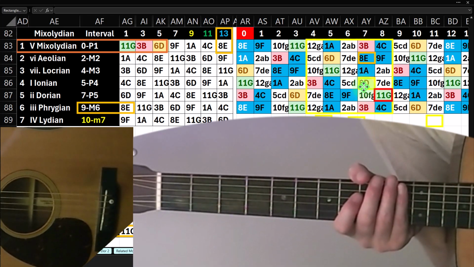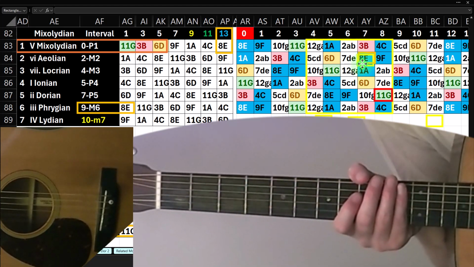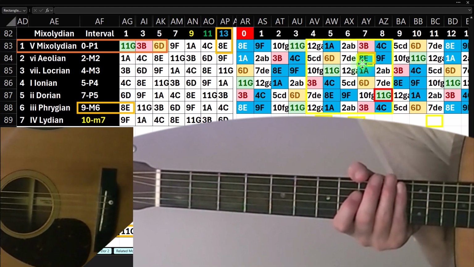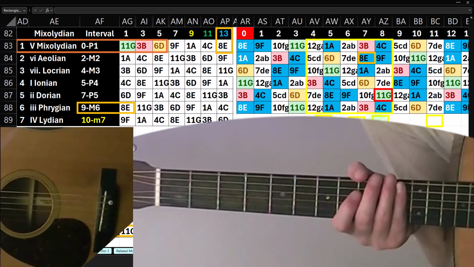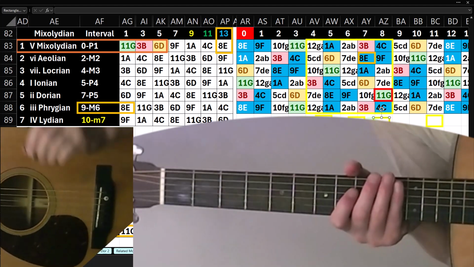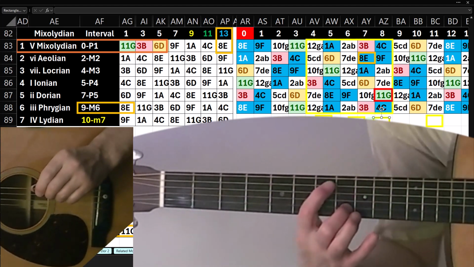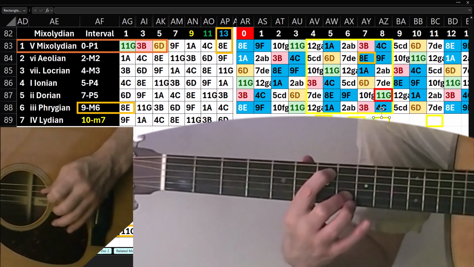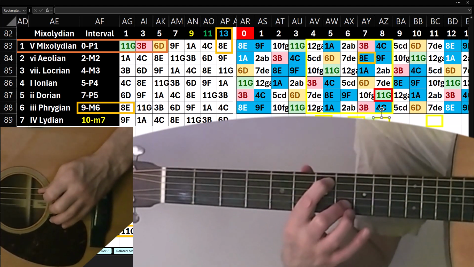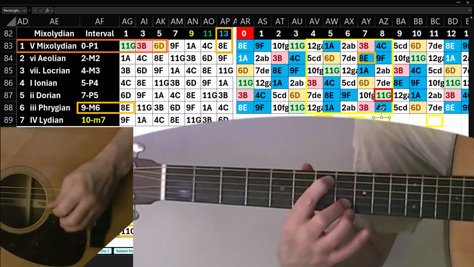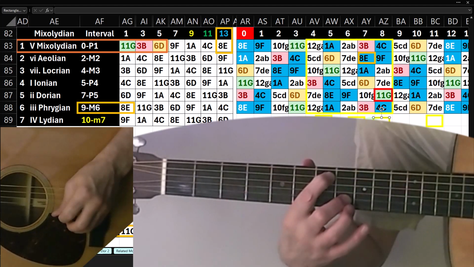So I'm going to say this is going to be 5 going here, 10, and then 15. 15, there's only 12 notes in the musical alphabet. 15 minus 12 is negative 3. If I count it out this way, negative 5, negative 10, negative 15. 15 minus 12 is 3. So if I went from the E to the G, that would be a 3-note away minor third, and therefore